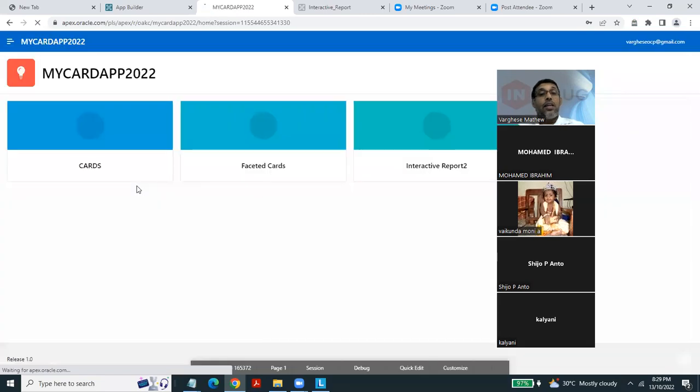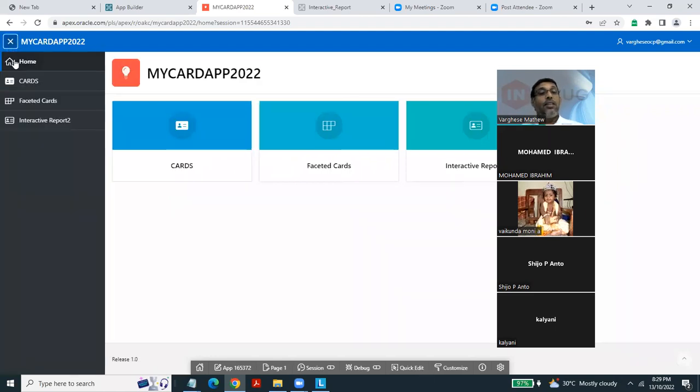Oh, you see that? Wow, beautiful. Okay, you can see now I have named my app Card App 2020. A bulb symbol is coming because I've selected the icon. And if I click on this button, you can see that three types of pages are added in the menu. Home page will have three options. This is a card region. If I click on the cards,